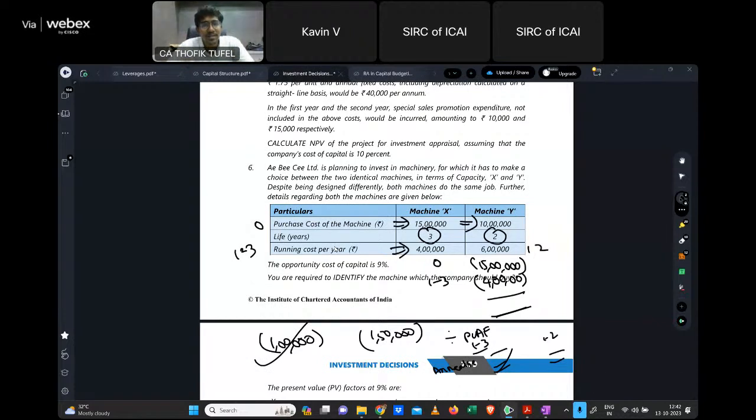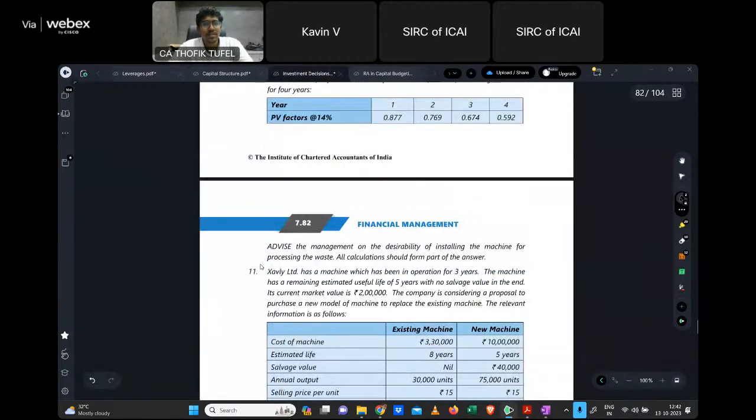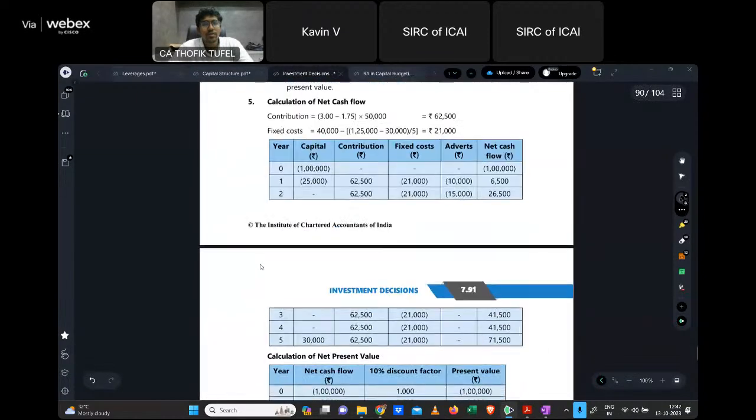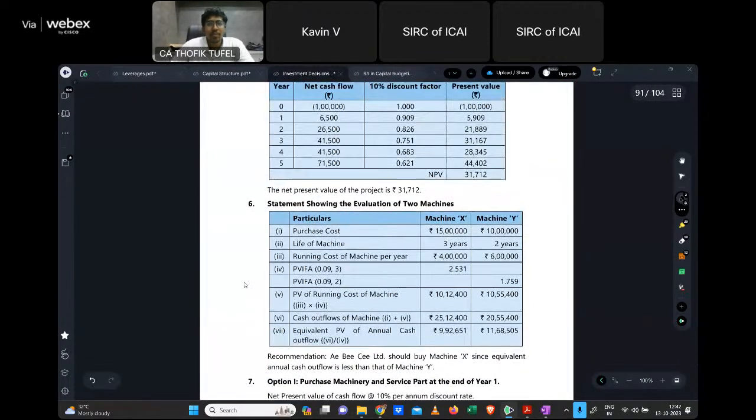Sign changes. So that is the reason I always used to say, put outflow as negative and inflow as positive. So if you see the 6th one here, you see how the 6th one is solved. You put the purchase cost of the machine, this is the problem, the present value annuity factor, then the present value of the running cost of the machinery, and the cash outflow. If you add both the cash outflows, if you add everything, you will get the